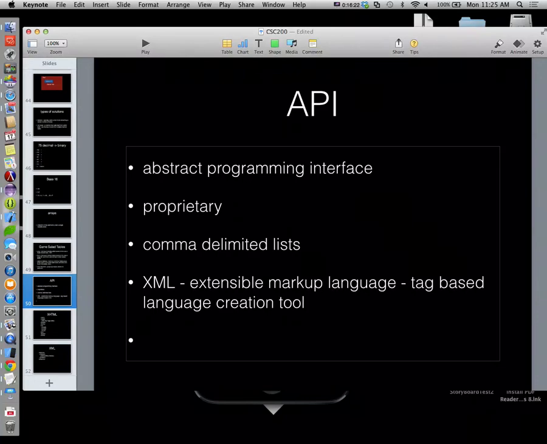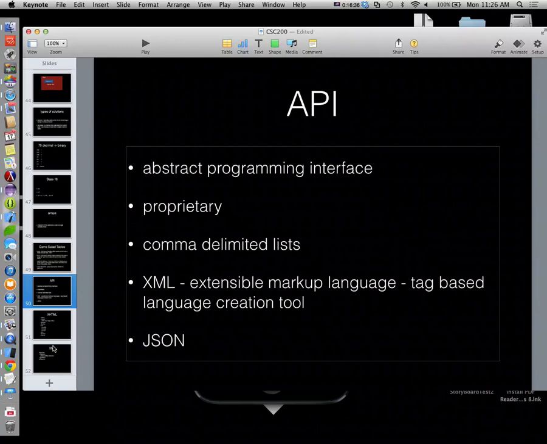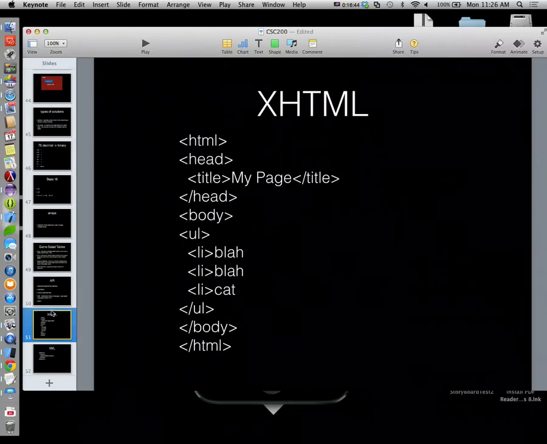But in any case, the new kid on the block for data representation is a tool called JSON. And it stands for something, I'm not sure what it stands for. But JSON is a much more C programming language type of visualization. With XML, there's kind of a lot of fluff, right? The real data here is my page and cat. Everything else is kind of filler, right? So what JSON attempted to do,